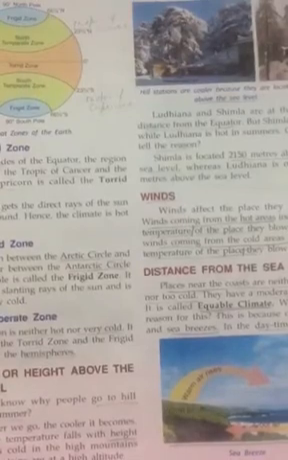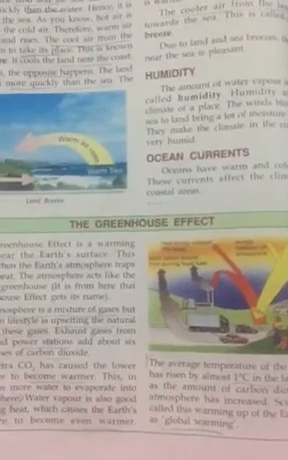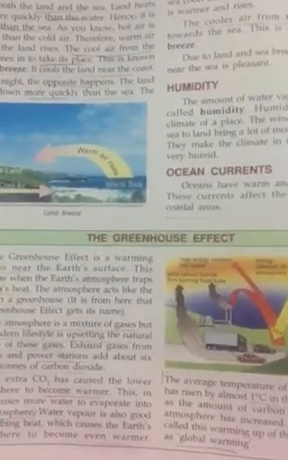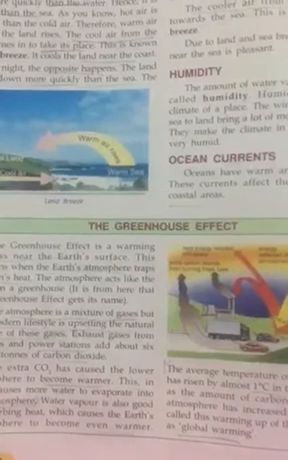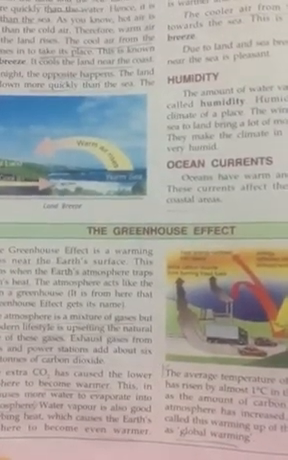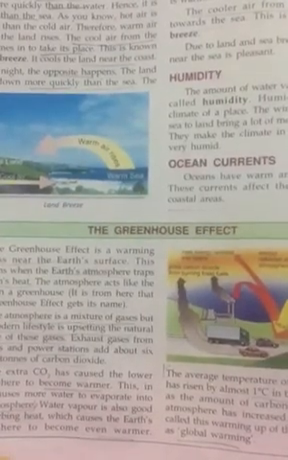Next we will talk about the land breeze and sea breeze. In the daytime, the sun heats both the land and sea. The land heats up more quickly than water. The cool air from the sea comes in to take its place. This is known as a sea breeze. It cools the land near the coast,